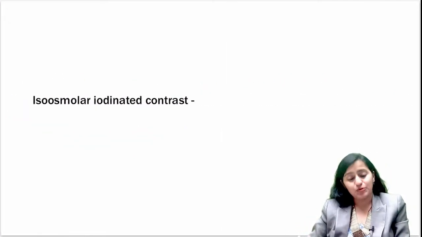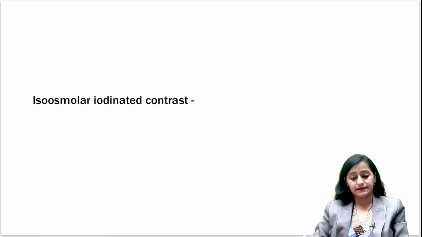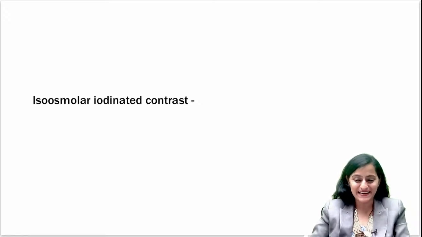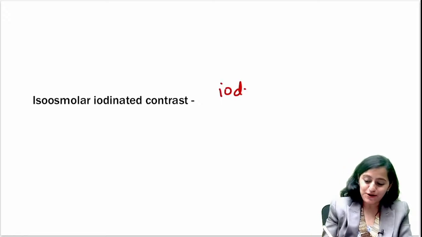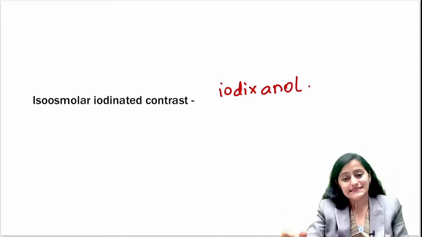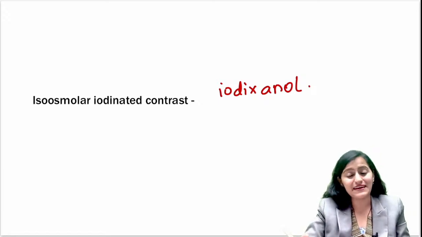Next one, which is the isoosmolar iodinated contrast? Which iodinated contrast is isoosmolar? Very good, Prateek. Absolutely right. It is iodixanol. Okay, iodixanol. So we have discussed this in our videos on PrepLadder app, how to remember the various contrast media,